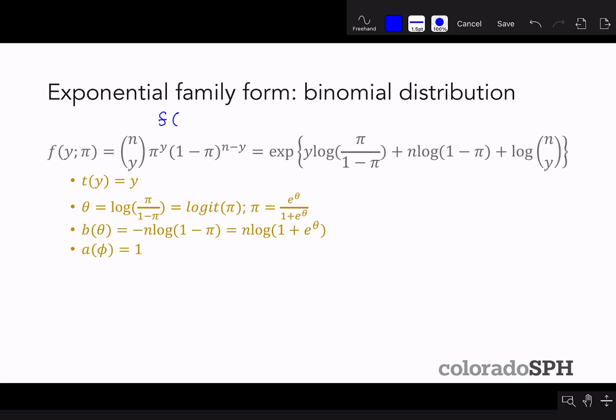So that's, again, f of y, and we parameterize it in terms of theta and phi, is equal to e to the t of y times theta minus b of theta